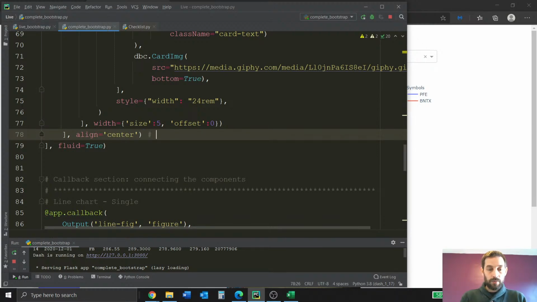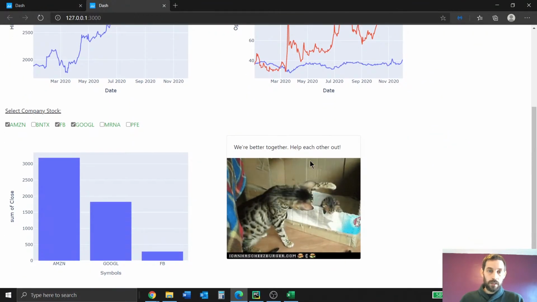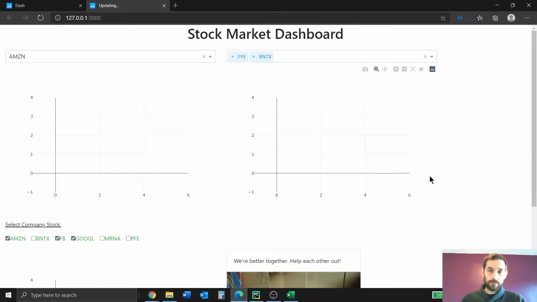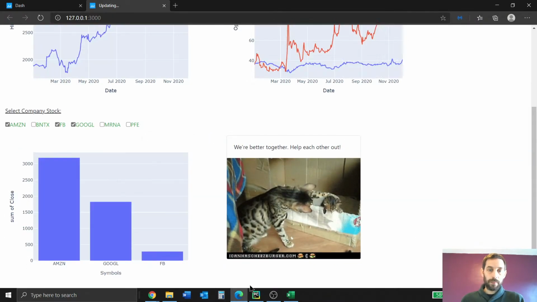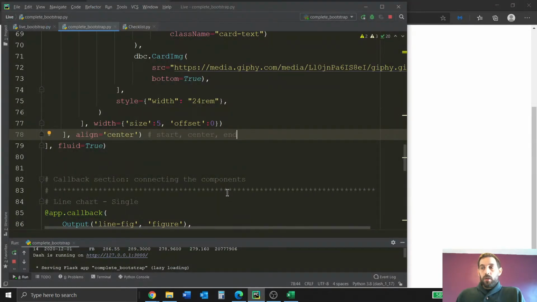And as you probably saw, the options are start, center, and end. And now that we aligned in the center, you'll see that this dropped down a little bit and they're center aligned right here. Okay, great. So now this is a very, very important section, how to change your Bootstrap layout according